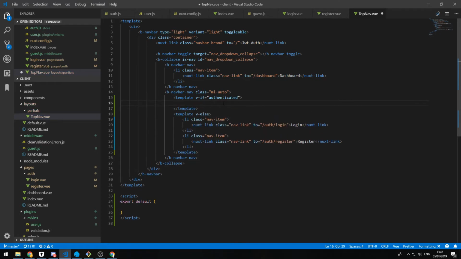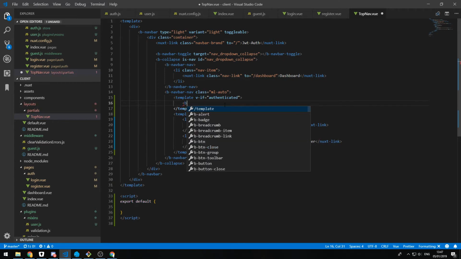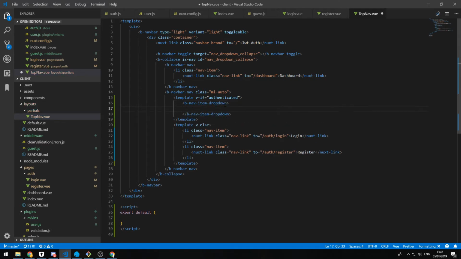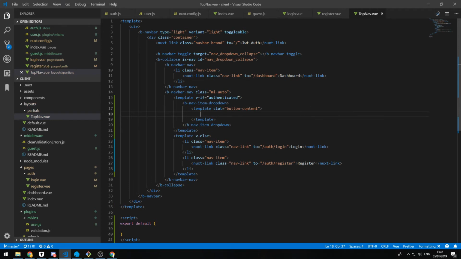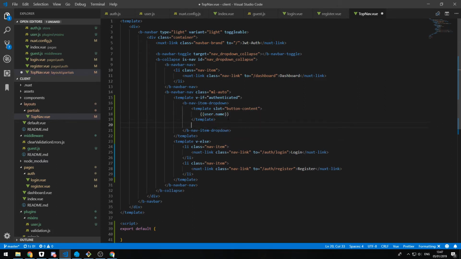Alright, so now in here we're gonna add the thing that's going to be run when we are authenticated. So we are using the Vue Bootstrap thing. So what we can say is b-nav-item-dropdown, and then we can say template slot is the content, and then in here we can say user.name. So this is going to echo out the name of the user, and then we say b-dropdown-item